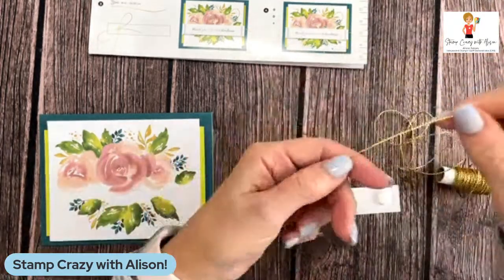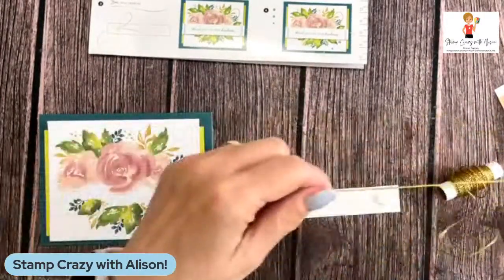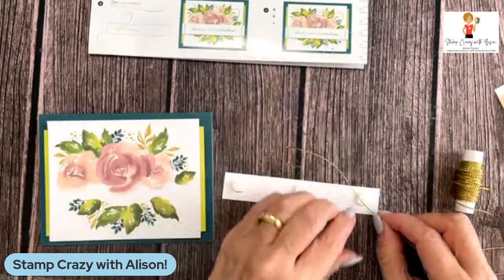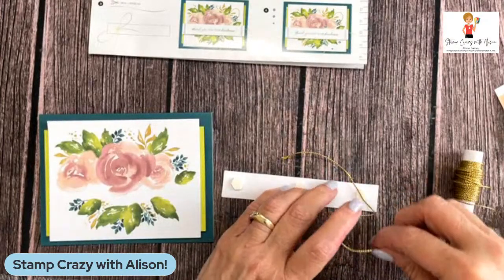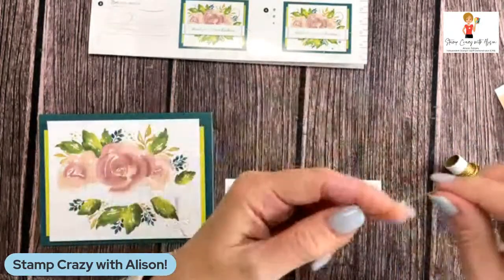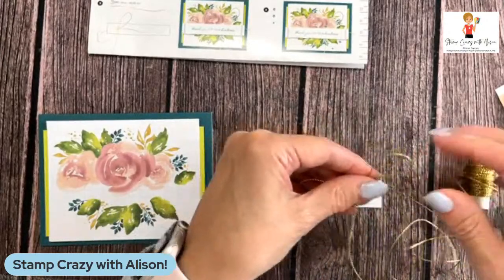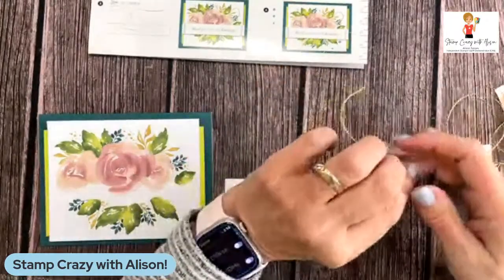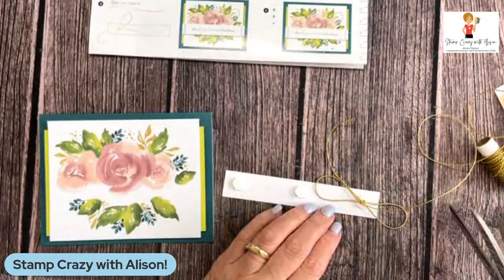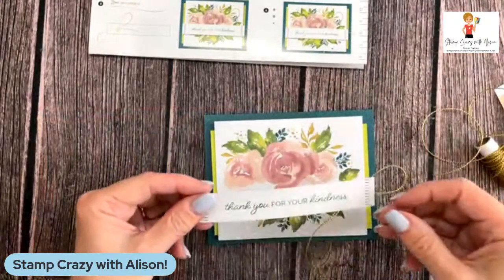So it took this, you guys, and let's kind of straighten this out a bit. And then I want it to be, I'm not quite sure what they want, so we'll just make it up, okay? So I'm going to lay it like that, and then I'm going to go like this. Actually, I'm not going to do that. I'm going to tie it in a bow, a big loopy bow, like huge loopy. Okay, so like that, huge looped. And then glue it down to that dimensional, okay? Then we're going to cut this off, and then we're going to remove the other 2 backings, and whoop,